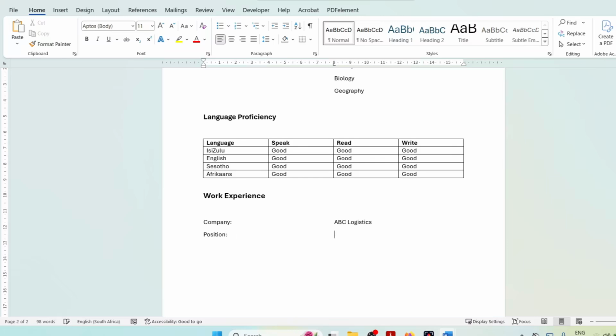You can also include your position, and you need to. If you were a truck driver, you can write it like this. Duration, maybe you can say